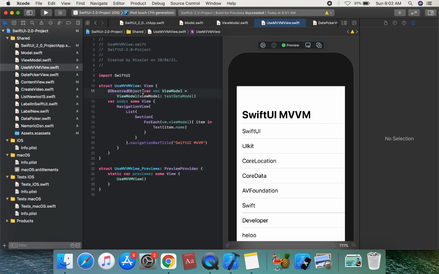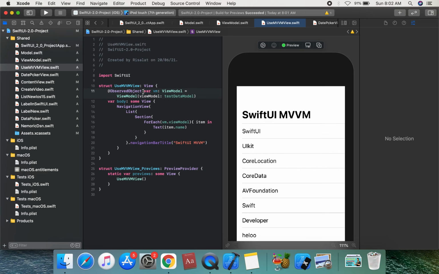We are discussing the view model. So this is a view model, this is a model. And what is a model? It holds your app data. They are usually structures and classes. We're going to create this test data.